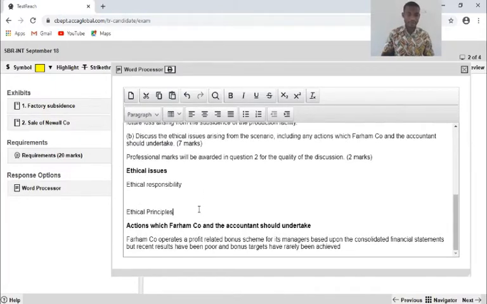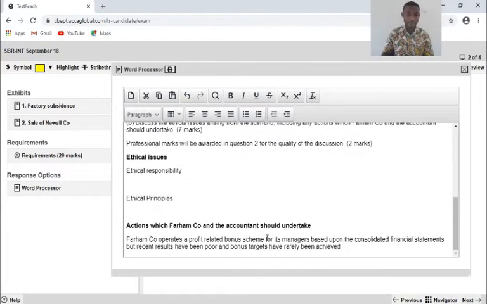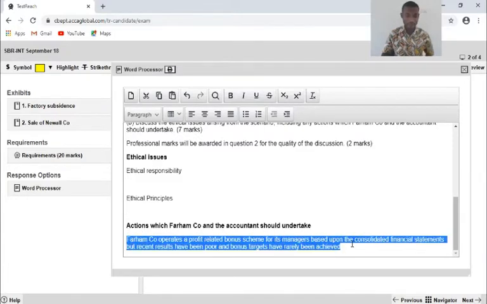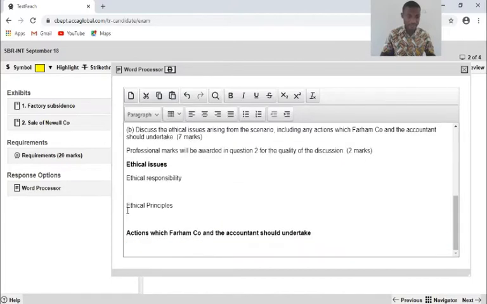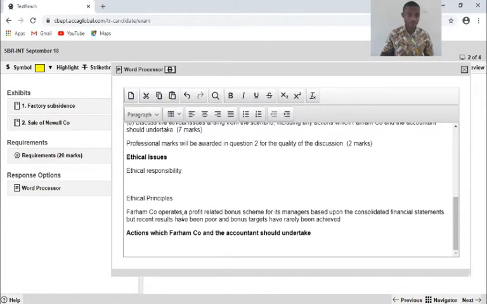So as I've talked about the ethical principles, then finally the major issue would be to look at the actions to be taken. So I'll copy this one here. I'll cut it, Control X, or just use the right click, cut it, and paste it under the ethical principles.